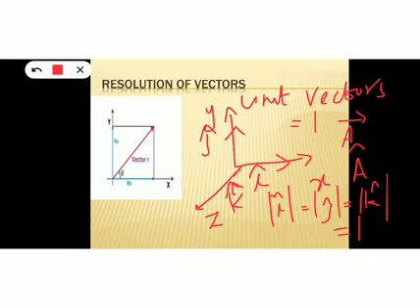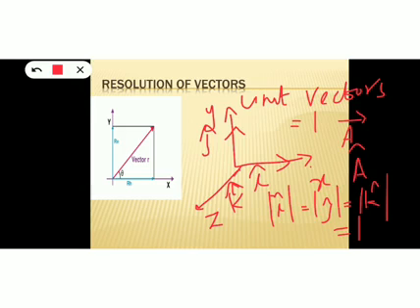And one more thing is there. These three unit vectors are always perpendicular to each other because these three vectors are acting along the x, y and z axes. X, y and z axes will always be perpendicular to each other. So these three unit vectors i, j and k will always be perpendicular to each other. Here in this chapter, since we are dealing with motion in 2 dimensions, we require only 2 vectors. That means x and y, that is i and j vectors.